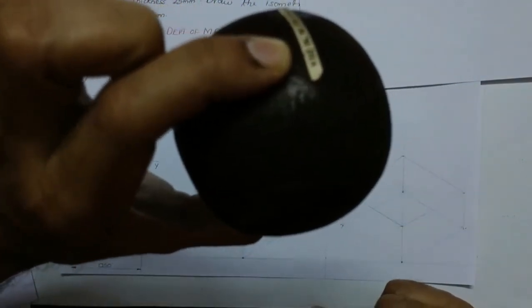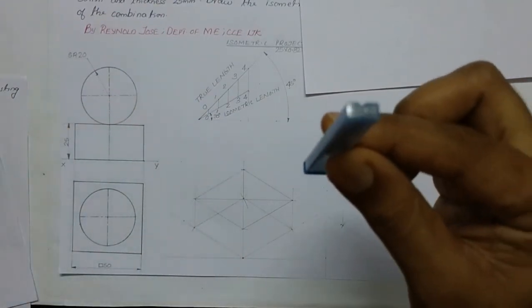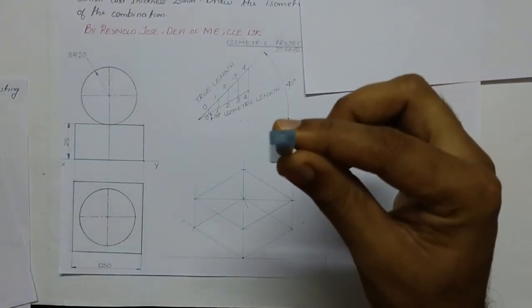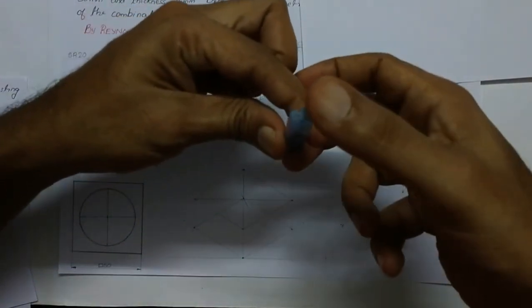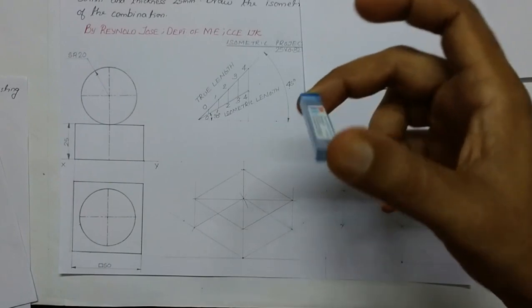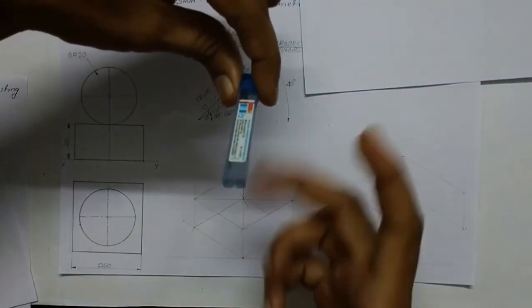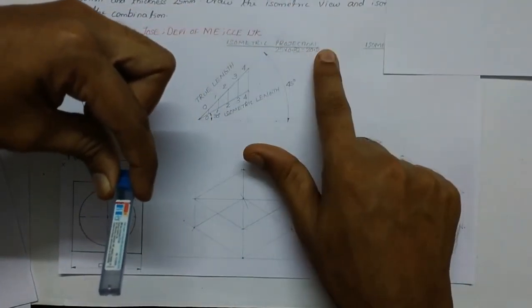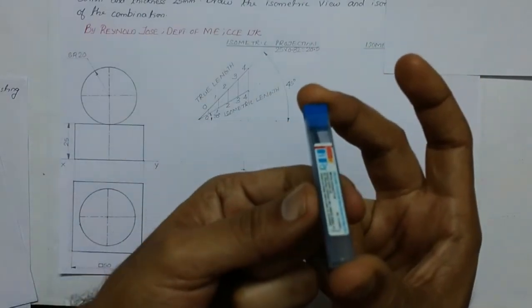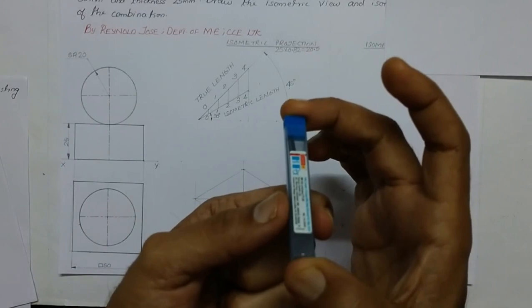But what about the axis side? The axis is actually a length. Let us consider that this is the axis of the sphere. Initially, let us place it in a vertical position. In order to get the isometric position, we have to tilt the axis. When you are tilting the axis and observing it from the front, the axis will have a length reduction. So in the case of isometric projection, the axis height will be height into 0.82. So there will be a length reduction.